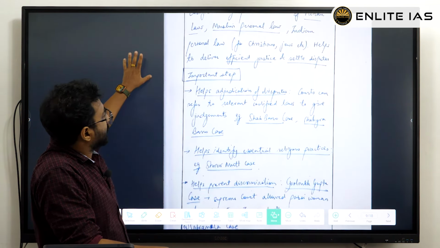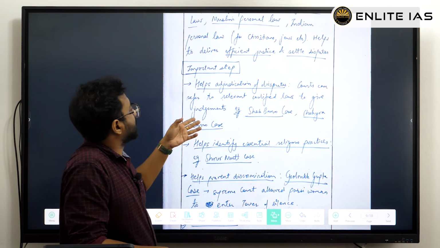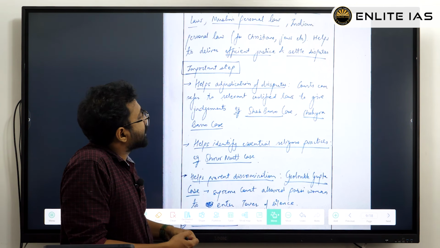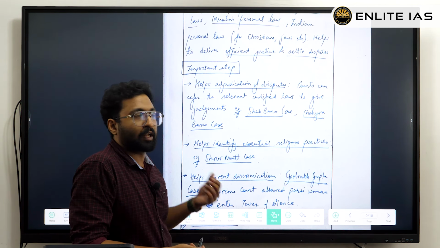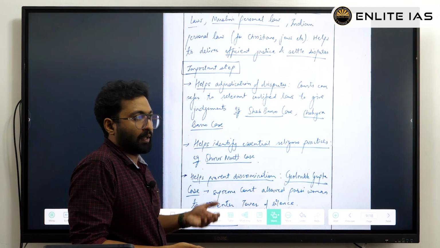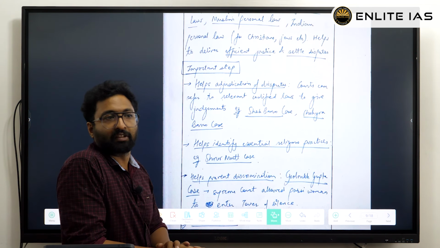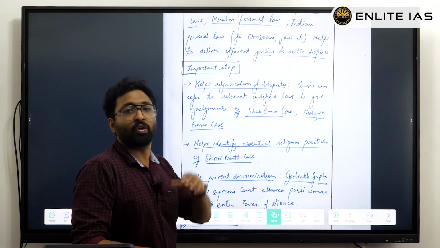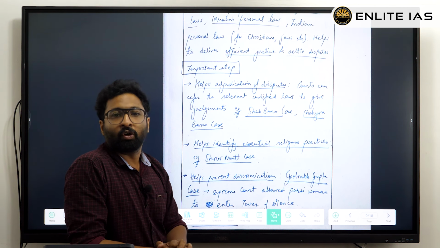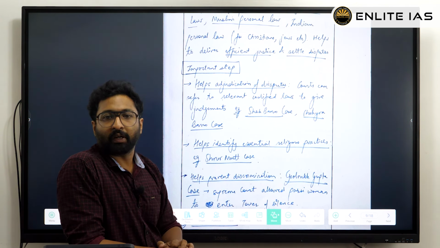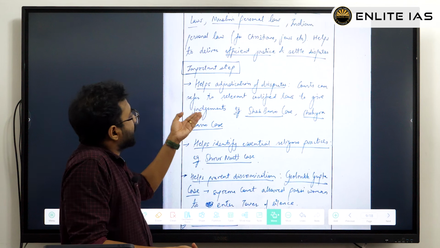So, here the answer paper could have included more points, but still it helps. The first point is helping adjudication of disputes, because there are a lot of laws. There are a lot of religions, a lot of faiths, and many subtypes in them. So there is a serious issue of litigation, and a huge complexity regarding the personal laws. For example, there is a special law for Christians, Muslims, Hindus, Sikhs, Jains, Parsis, whatever it takes. So there are a number of laws. If there is codification, it is very easy for adjudication.